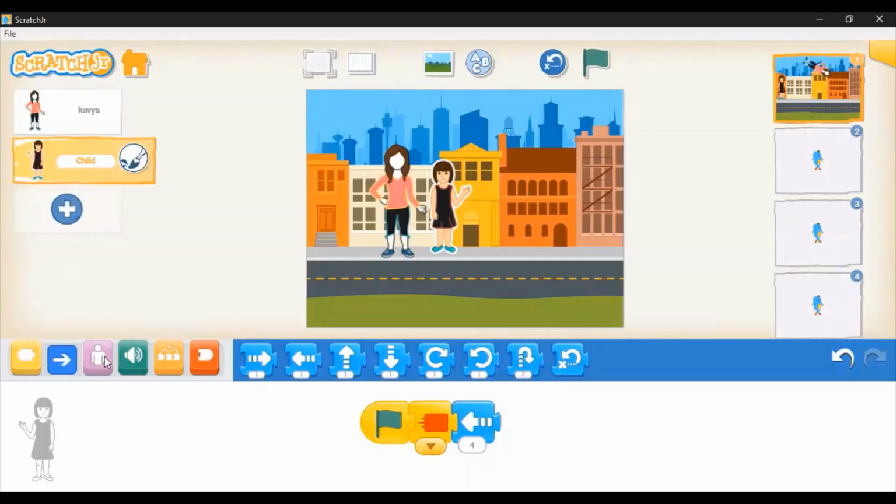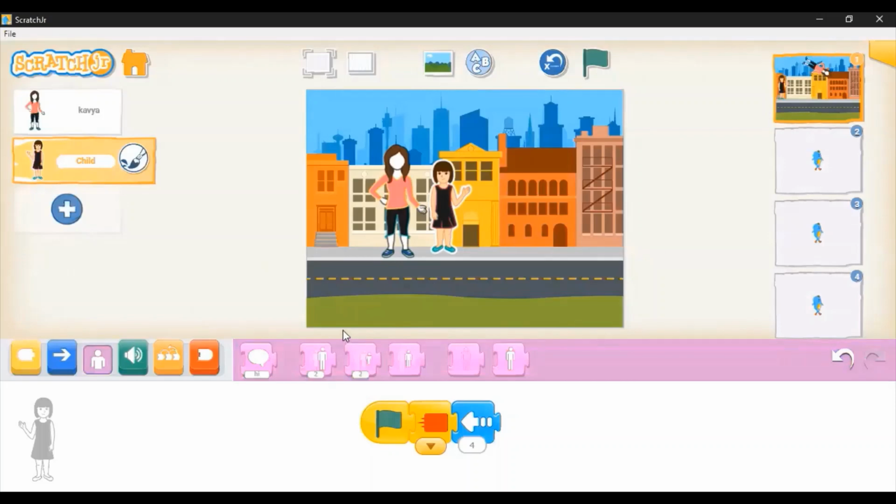This purple block is also known as the looks block. Basically, it is how your character appears. So I take the first block, I attach it here. It is a text block. Whatever message you want to display related to that character, you can do it. So here I have selected the second character. I'll say hi. If you want to change, you simply type it. I don't want to change it. Let her say hi.